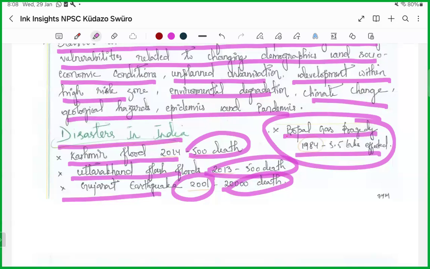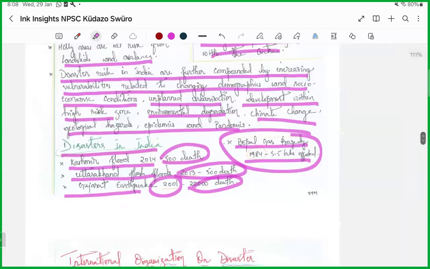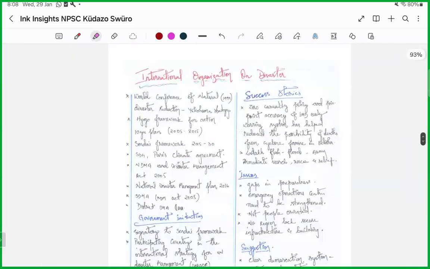So when you make notes, make them in such a way that you have all the data, facts and figures in your notes, so that you can use them to supplement your opinion. GS paper 2 essay is all about giving your opinion, not directly writing an answer. Especially as you see the changing pattern of the UPSC, it is changing from factual to conceptual. So be very careful. This is about India.